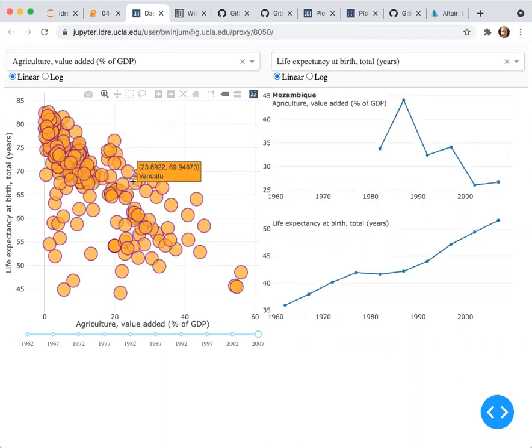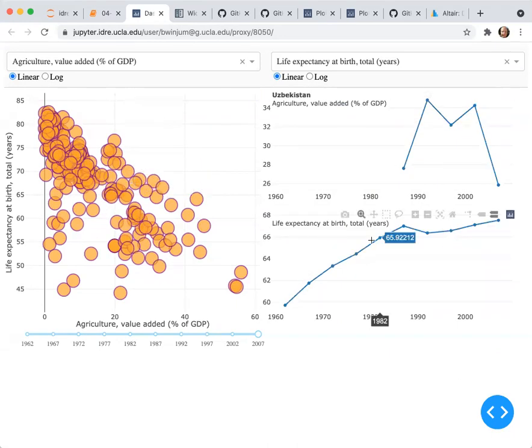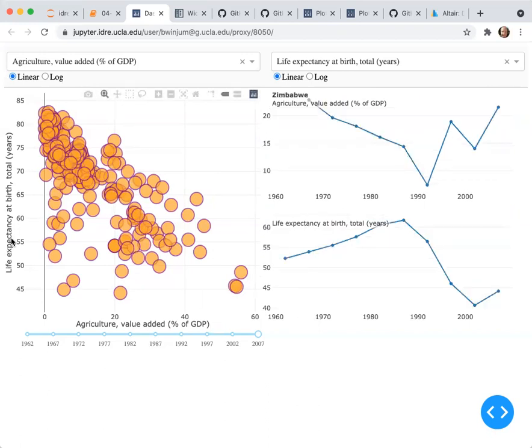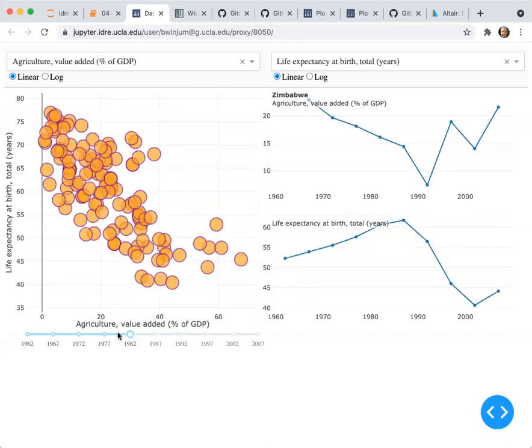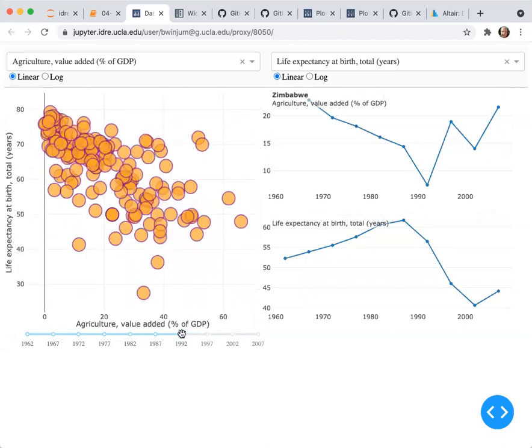So there's a scatter plot, and there are two line plots. The line plots are specific trends, say, in each of these variables. One is agriculture, one is life expectancy at birth. And you have a little slider here that you can drag and generate scatter plots at different points, different years.